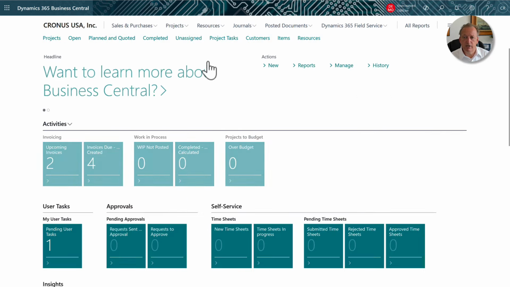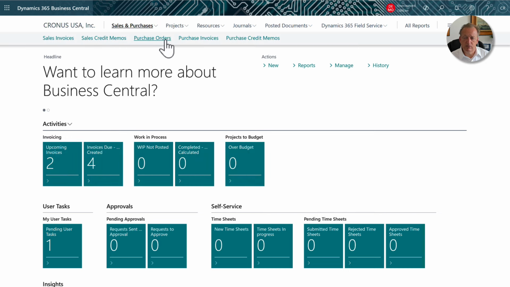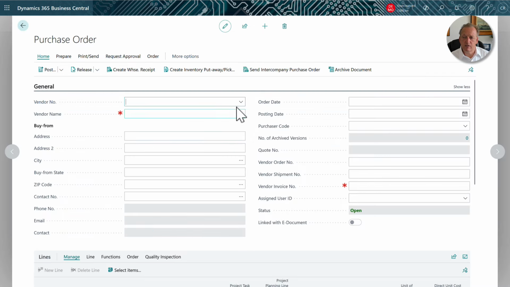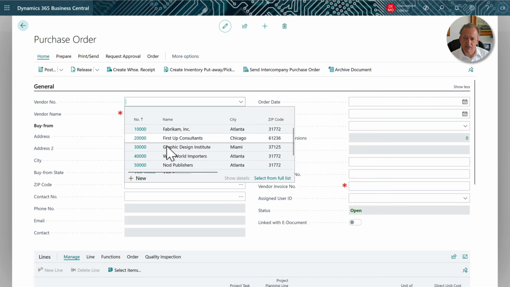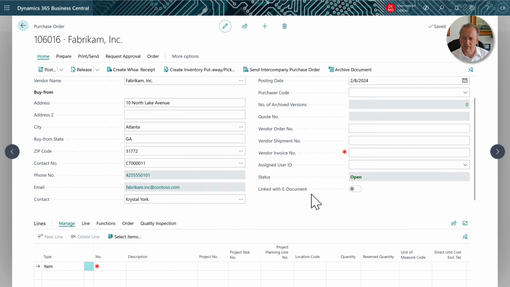But again, I'd like to show you how to create a purchase order manually. So I'm going to go in here and go to a purchase order and create a brand new purchase order from scratch. So here's a PO that I have in the system. I'm going to grab one of my fictitious vendors in the software here, and of course I have my basic